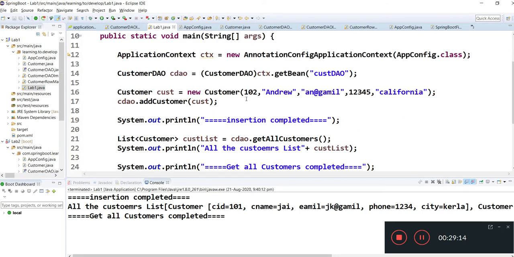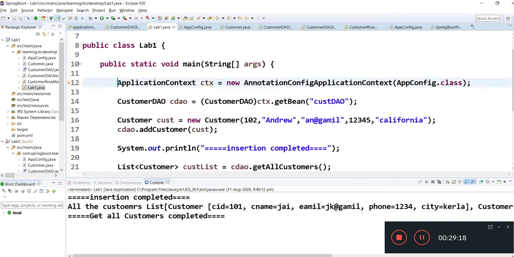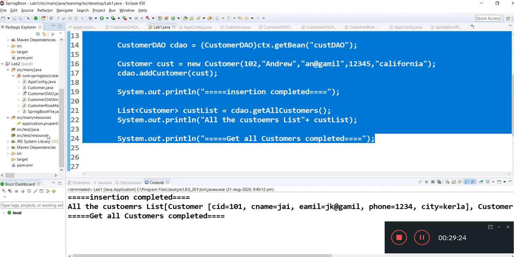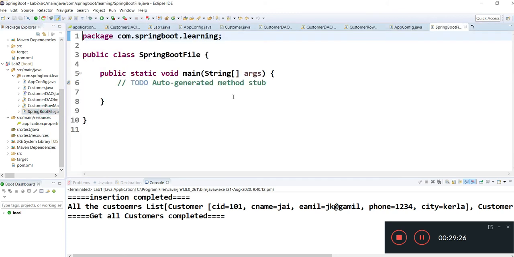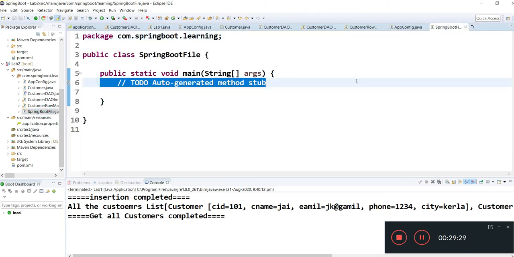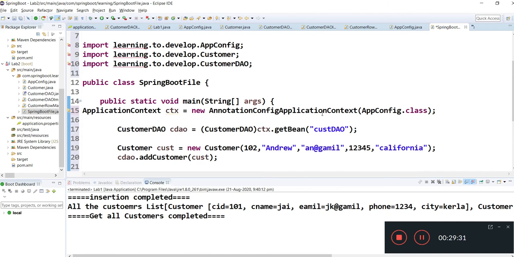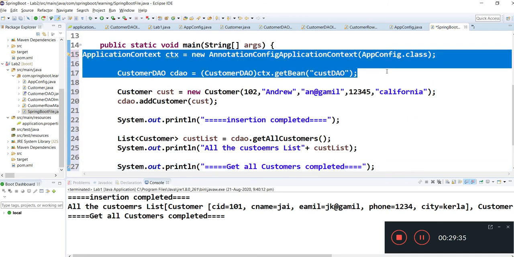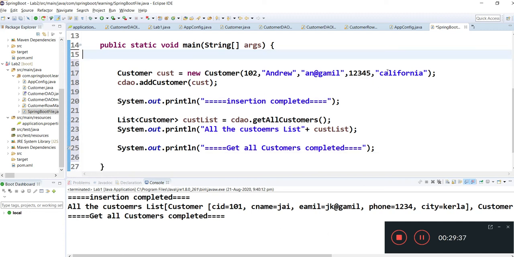The operations which you were doing, you can copy as they are and directly paste inside your main method. Since you are using Spring Boot, you cannot get the bean like this.